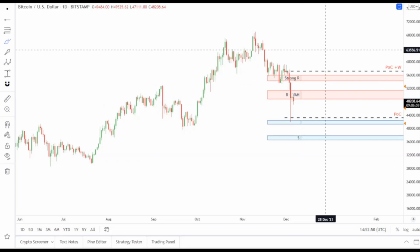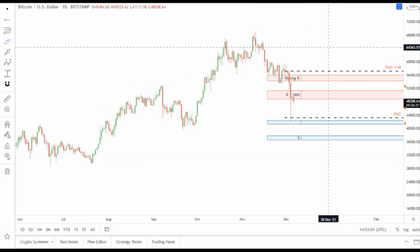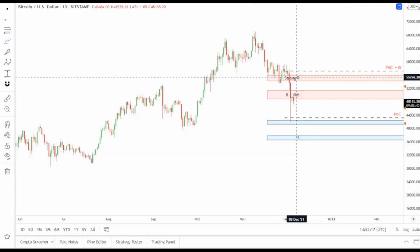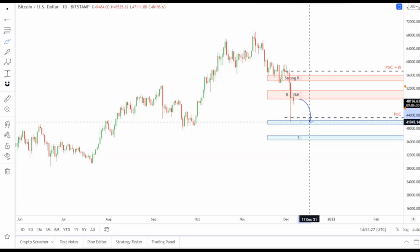However, the daily time frame started giving us a bearish signal. The level that we need to watch on the daily time frame is going to be this strong resistance. As long as we're below $56,000 to $57,000, the daily time frame will be under consolidation in this region. If we lose $48,500 to $49,000, highly likely the price action will go and test